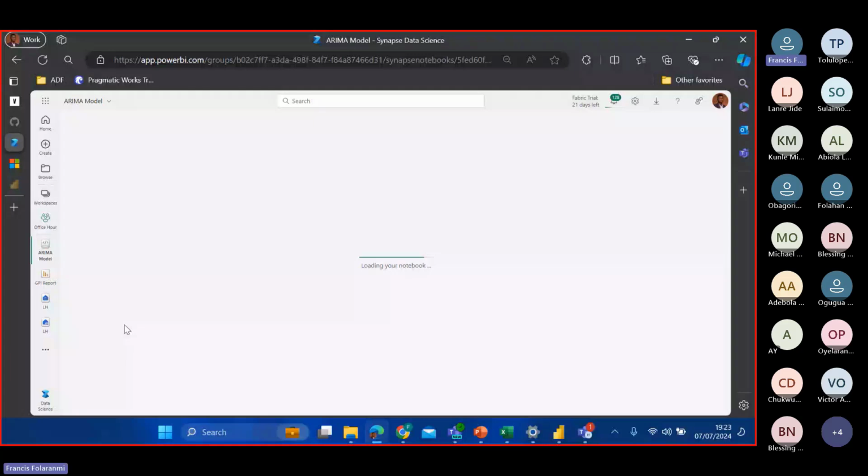Let me just click on remove all lake houses and add the appropriate lake house. So I'll click on add now, then existing lake house, then I'll click on add. And the lake house I want to add is the one within this workspace that we have been working on. So I have this interface where I can pick the lake house that I'll be using for this ARIMA model.